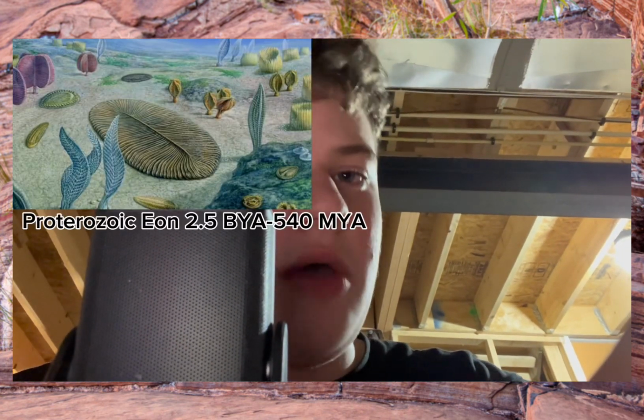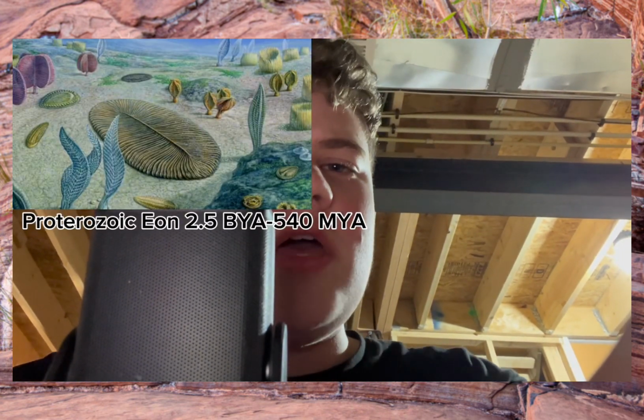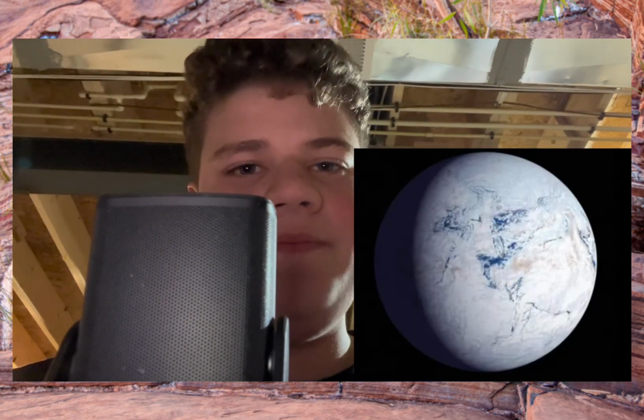The last eon in the Precambrian super eon was known as the Proterozoic eon. This is when two global ice ages happened when the entire Earth was covered in complete ice. These events were known as Snowball Earth events. After all that ice melted, so much oxygen was released that it allowed some prokaryotic organisms to merge together,